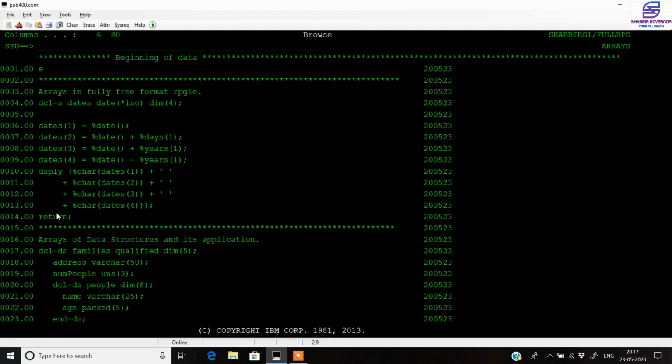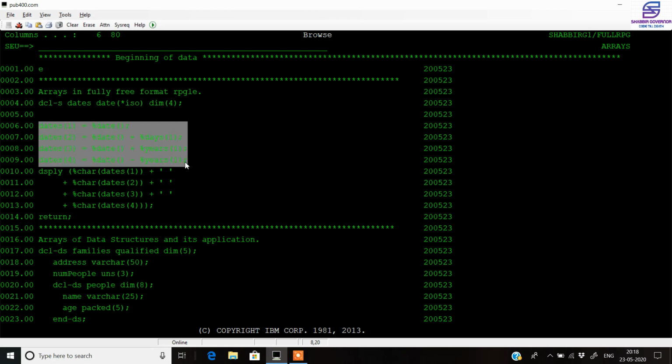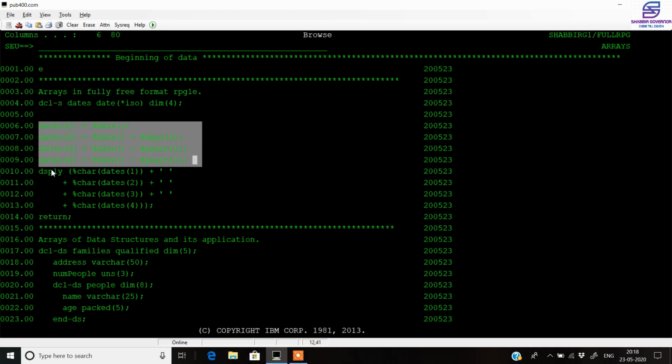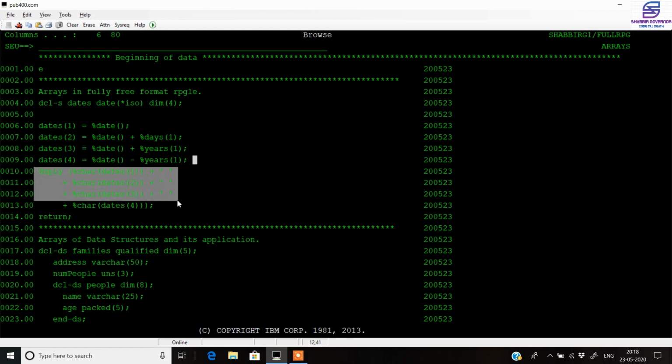So I'll give you a quick recap of what we have seen in this video until now. Firstly we saw the scalar arrays, how we can declare scalar arrays. To declare scalar arrays, we write the standalone variable and then we declare the name of the array, and then we declare the dimension of the array. Then the data that you want inside the array, and to display that you can use the display command and print each and every data that is held inside the array using the parenthesis symbol.